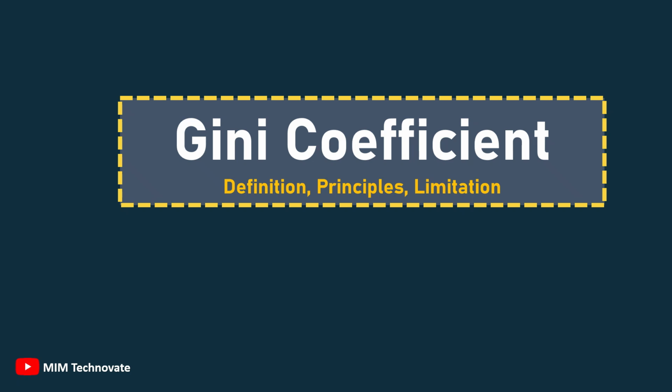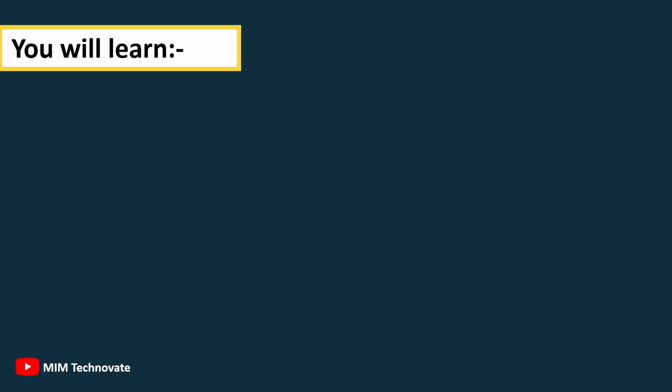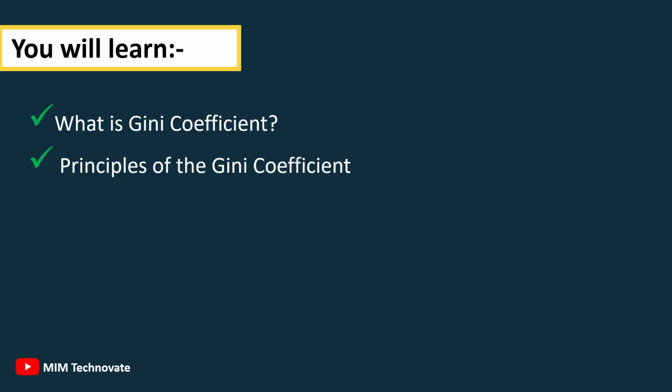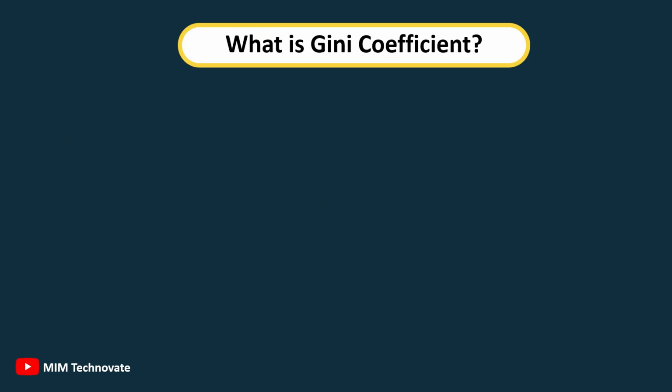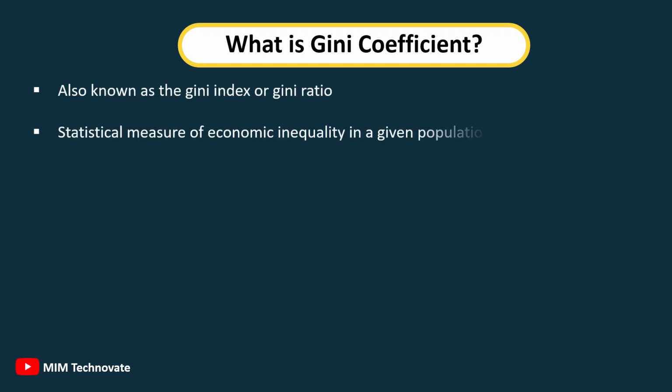Gini coefficient. In this video, you will learn: what is Gini coefficient, principles of the Gini coefficient, and limitations of the Gini coefficient. What is Gini coefficient? The Gini coefficient, also known as the Gini index, or Gini ratio, is a statistical measure of economic inequality in